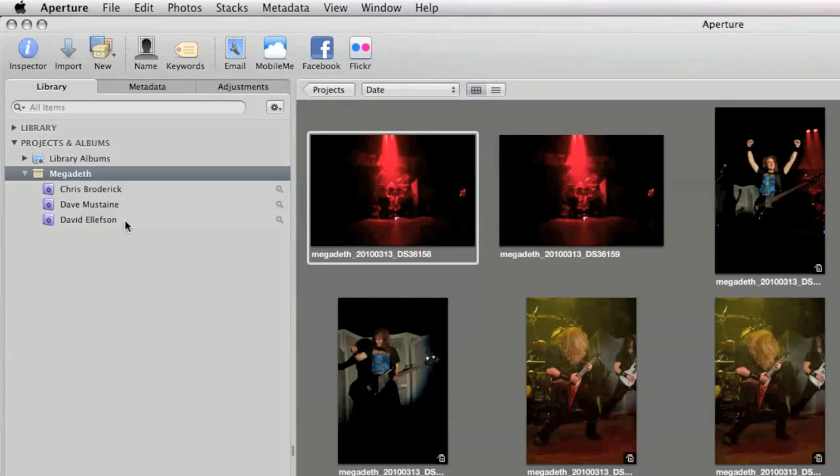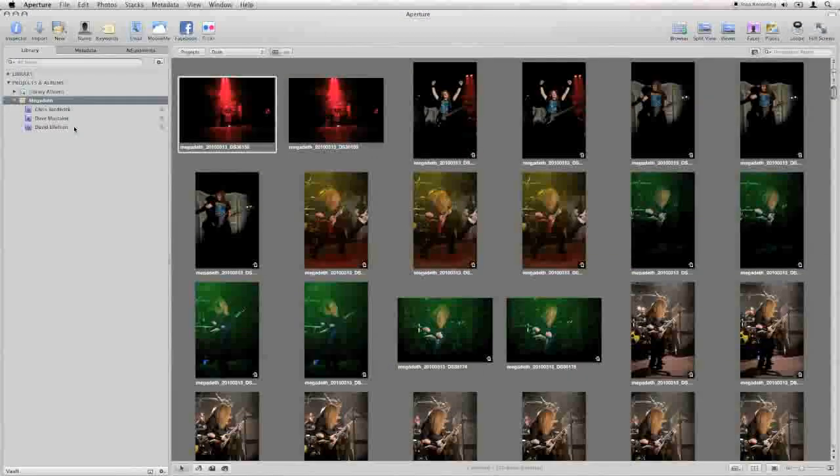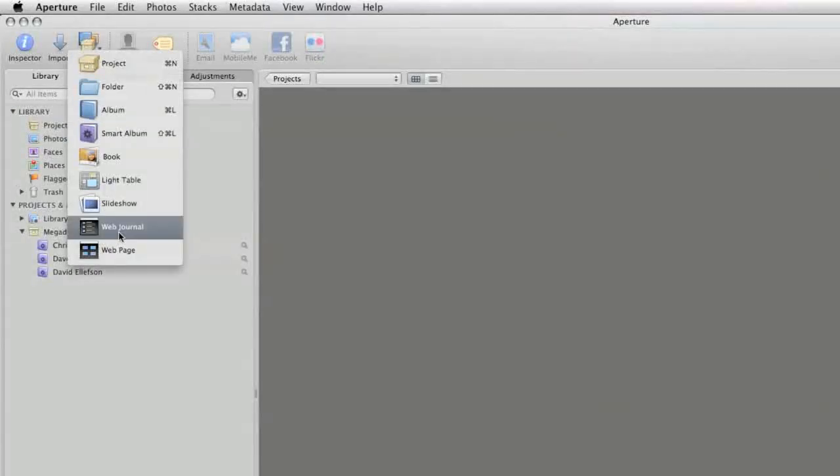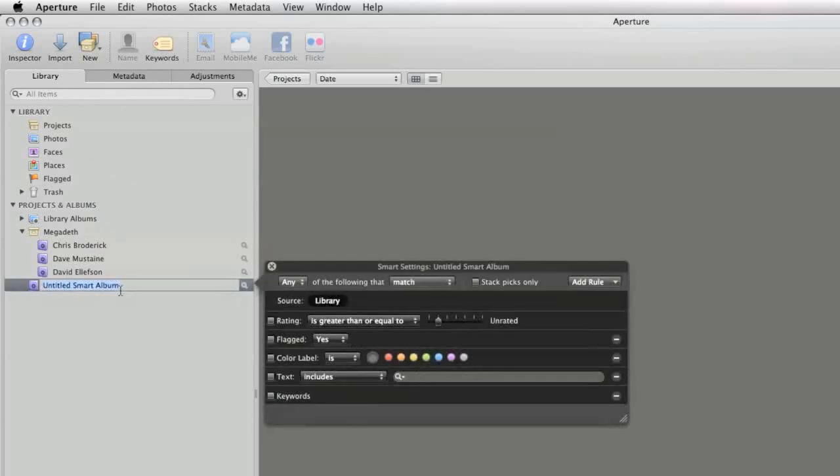What if I want to get a little bit more specific though? What if I want to do something across a large library? Well, I know that I shot on 2 cameras at this concert with 2 different lenses, so maybe I want to see whether one lens is better than another. So I'm going to click on New Smart Album, and I'm going to call this one "50mm f1.4",